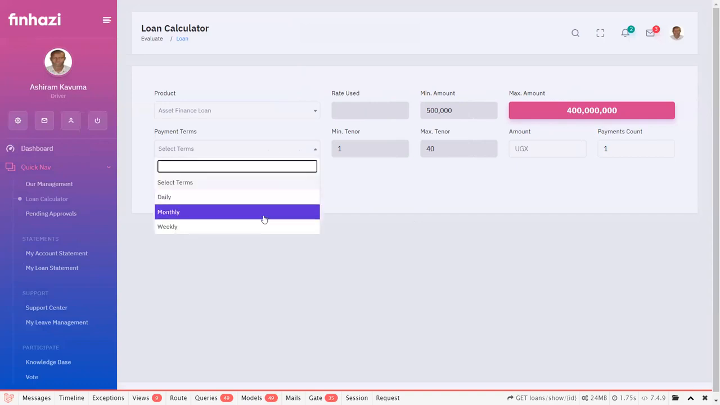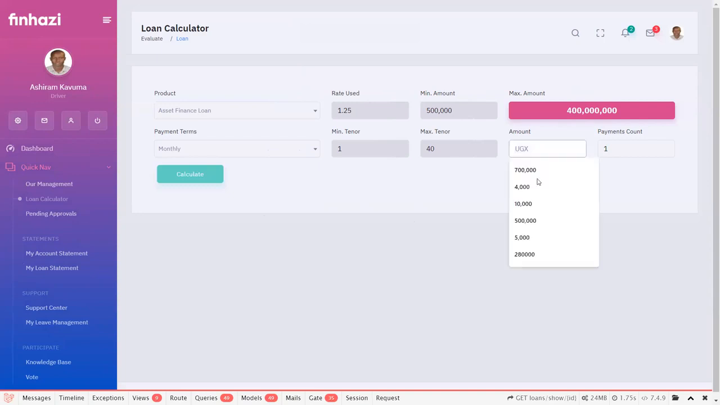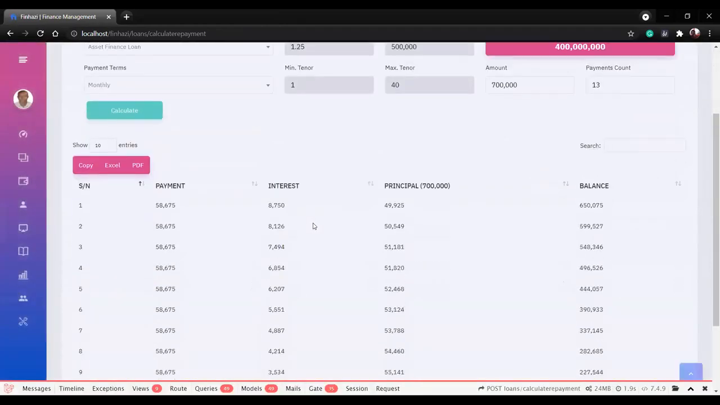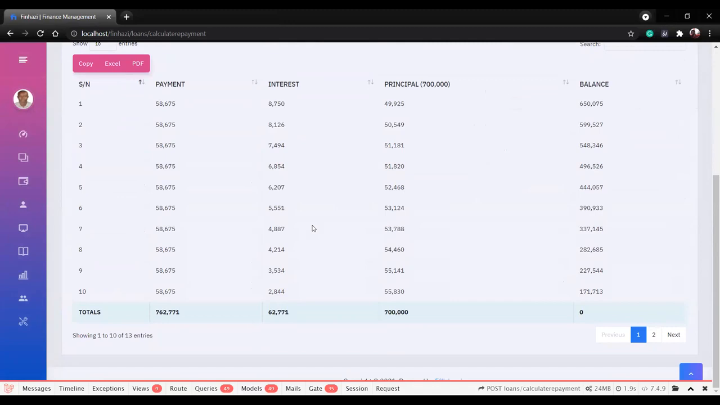Okay, I want to pay back monthly. I want to pick maybe 700,000. Can I make 13 payments? How would that look? I click calculate. It will give me a spread of how that loan could look, you can see. Oh, at the end of the 10, I would have paid this much, so that the members, by the time they come to you, they know exactly how much they can afford and how the repayment looks like. Now, remember also, in this same Finhazi, the members are able to initiate a loan application